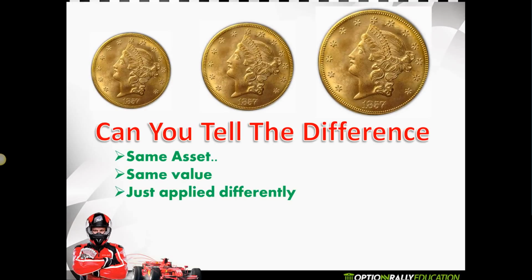He says, well, at least I covered a little bit of the money I lost in the commodities market. Maybe I'll try this again. But as you can see, it's the same assets, same value. It's just different financial applications, different complexities of the trade, different risks. Binary options is the easy way of trading.